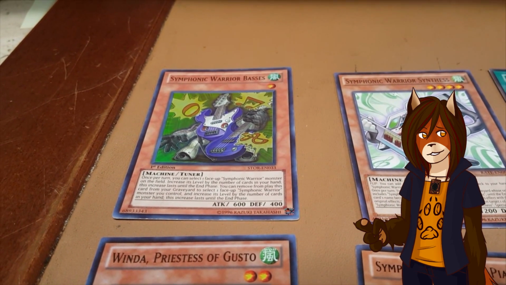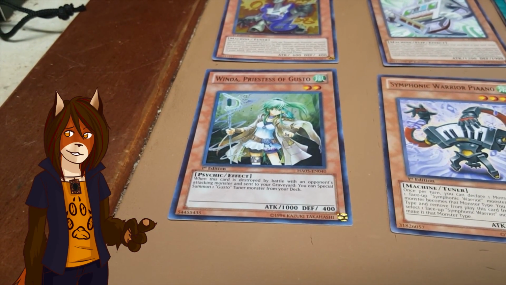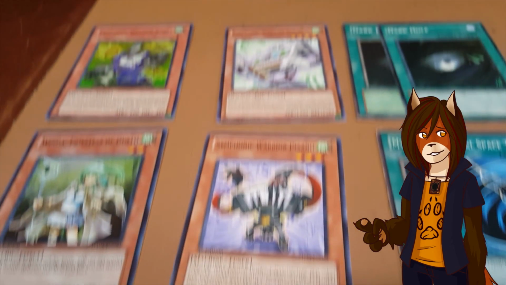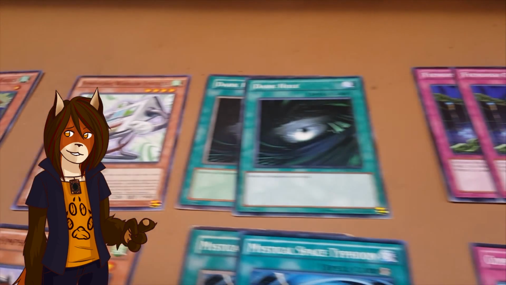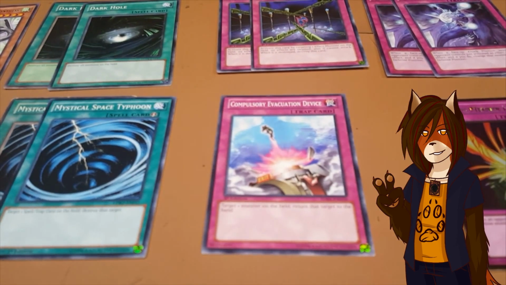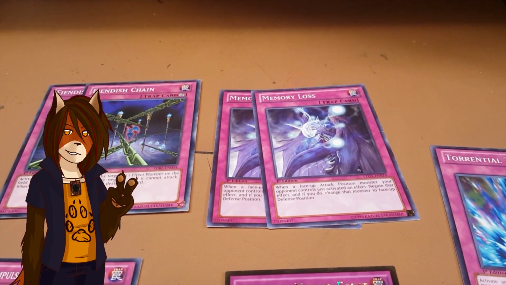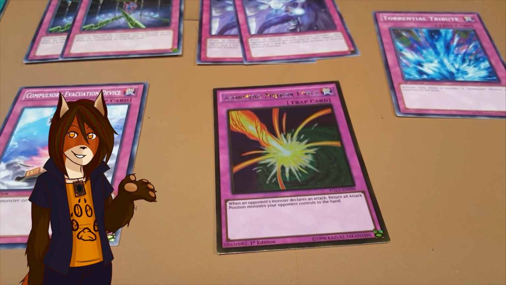Starting off, we have the Symphonic Warrior Basis, the second copy of it, as well as the third copy of Winda, Priestess of Gusto, the second copy of Symphonic Warrior Piano, and as much as it breaks my heart, the third copy of Symphonic Warrior Synths. But I am still running double Dark Hole, double MST in the event that I need more Spell Trap destruction, Compulsory, Fiendish Chain, double Memory Loss, Storming Mirror Force,